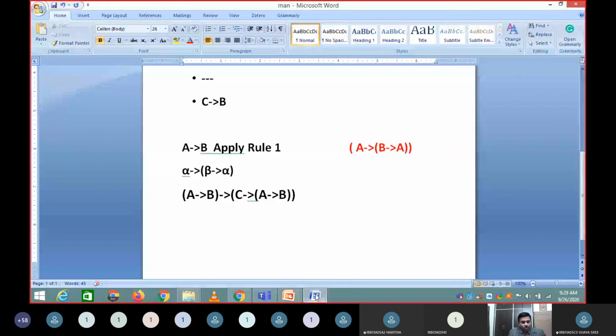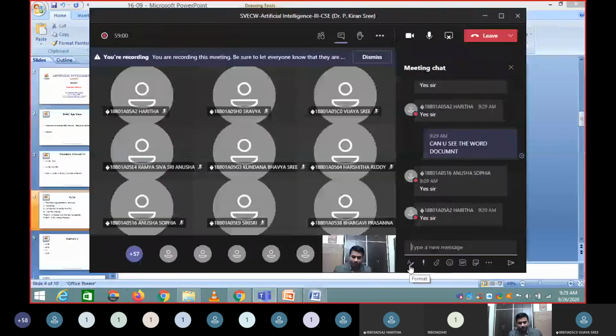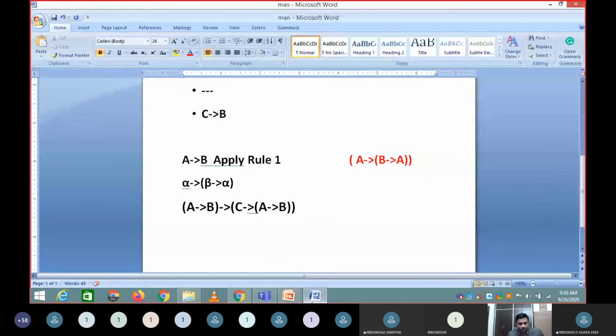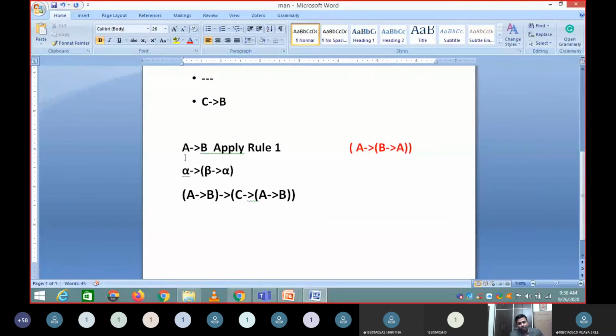Okay, so can you just type whether the rule was applied properly or not? Is the rule applied here proper with respect to A to B, A implies B?